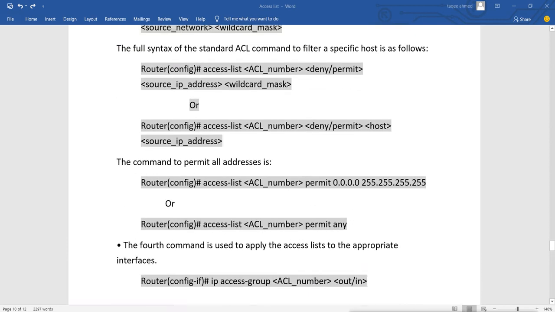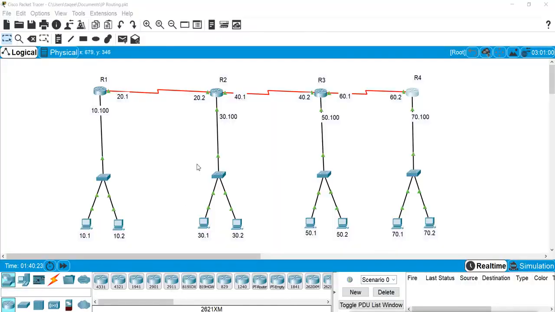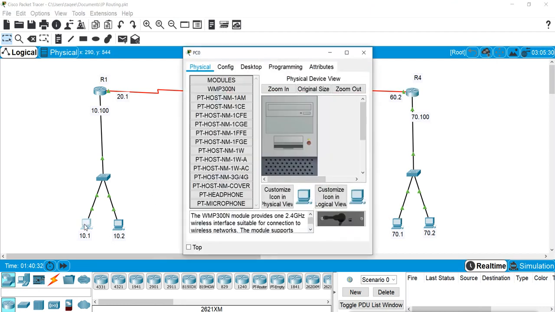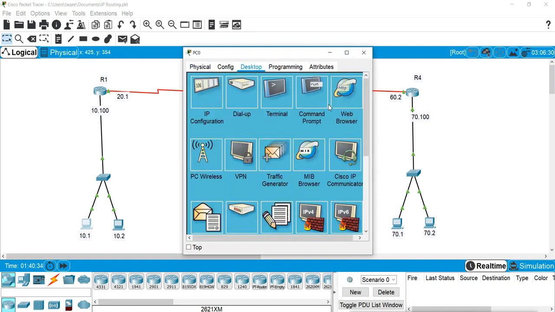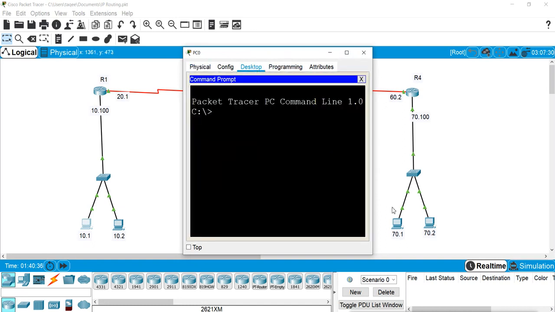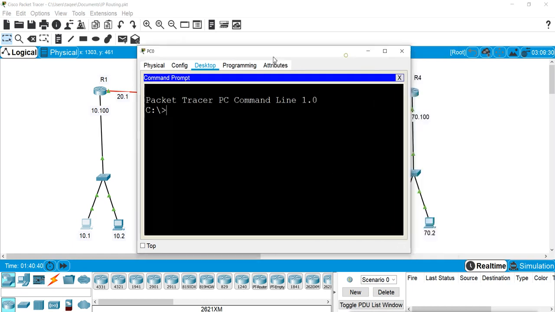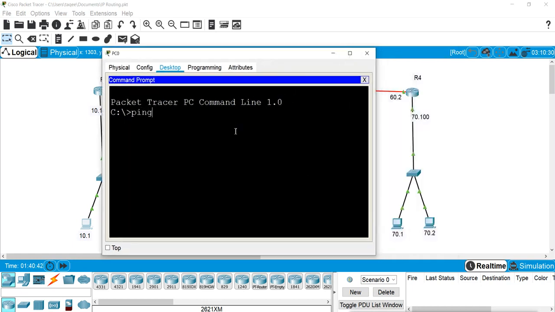So this is our network. We have this 10 network here, 30, 40, 50 and 70 here. Now I will first ping from this machine to this 70. So I will ping 70.0.0.1.